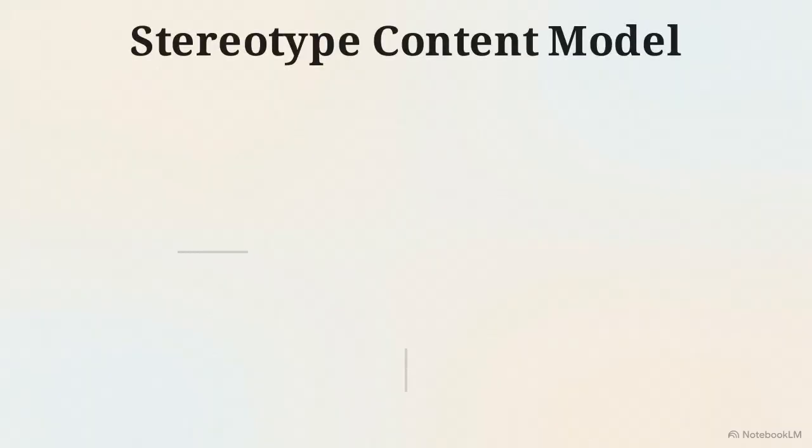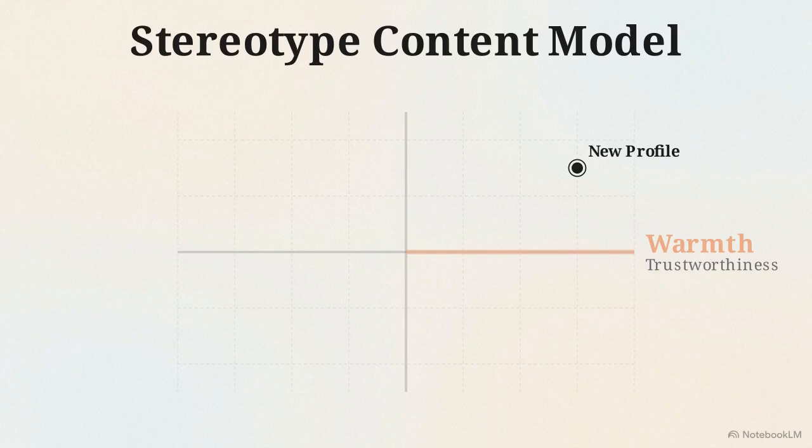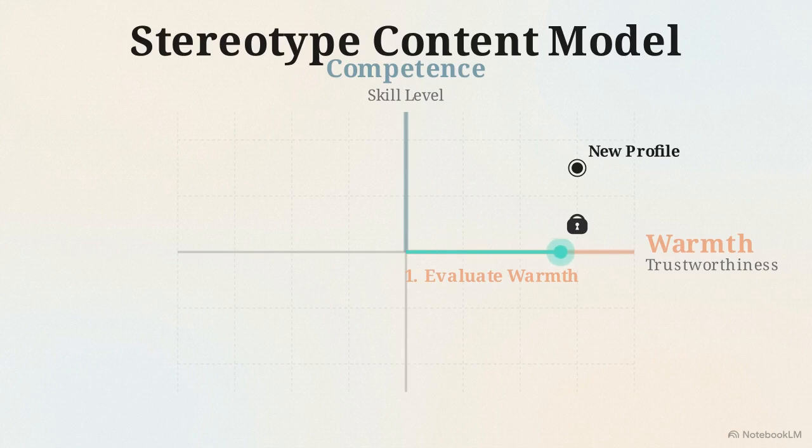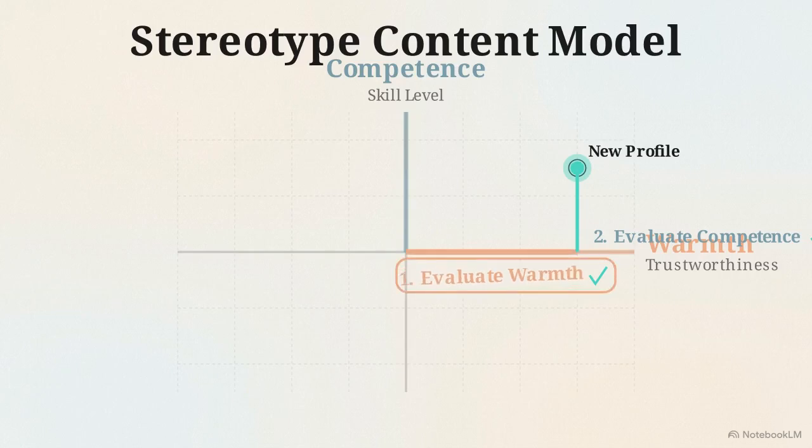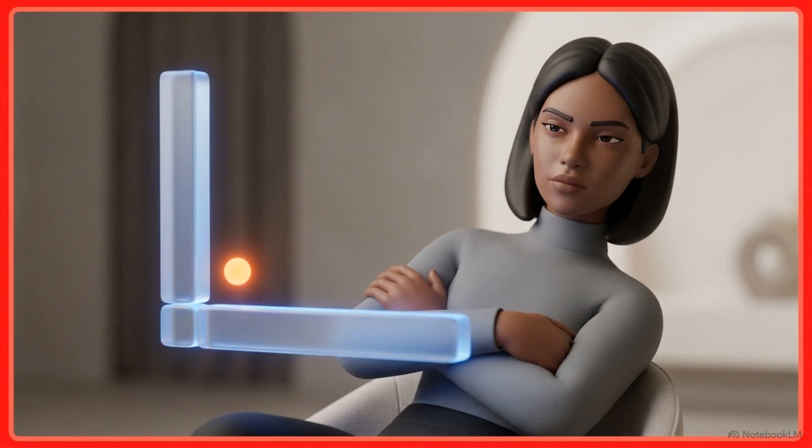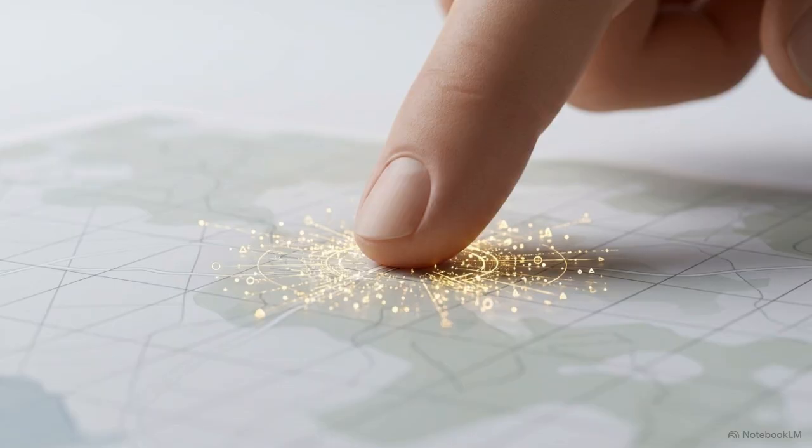Research shows that when we meet someone, the brain ruthlessly evaluates two things: warmth, which is your trustworthiness, and competence, which is your skill level. Evolutionarily, we need to know someone's intent, their warmth, before we care about their ability to act on it, their competence. Because of this, the brain always processes warmth cues first. If you lead with your credentials while a colleague is questioning your motives, you're fighting against millions of years of brain evolution.